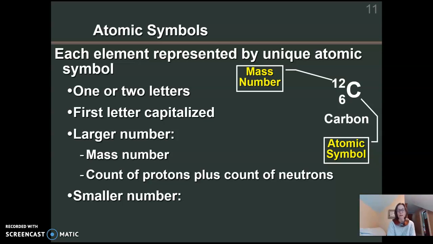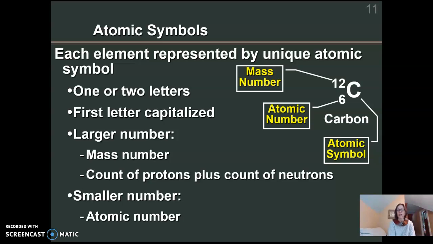The smaller number, that smaller value, the 6 over in that corner, is the atomic number. And the atomic number is a number that never changes for an element. That is the number of protons in the nucleus. So carbon always has 6 protons in the nucleus, and that contributes 6 atomic mass units to the mass number. But the number of neutrons can vary depending on whether we're looking at different isotopes of carbon. The most common isotope of carbon is carbon-12, which is shown and represented here. It has 12 mass units with 6 protons, and that would mean that we also have 6 neutrons, because 6